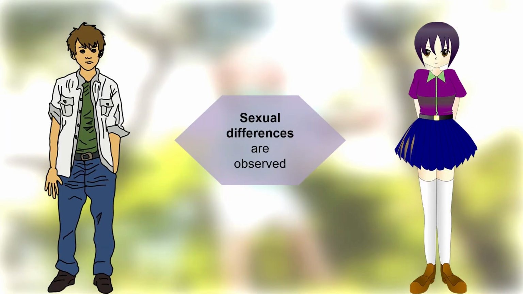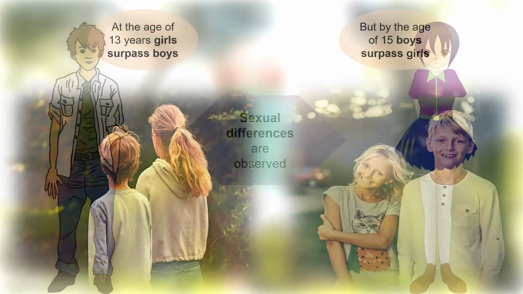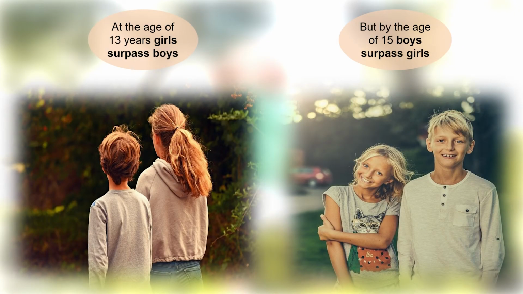Females will start their menstruation period, which is the main process in the case of girls, and that is called the pubertal stage, puberty. In the case of males, similar processes happen, that is, male sexual organs grow. The adolescence stage will show clear sexual differences between males and females, and at the age of 13 years girls surpass boys, meaning fast growth will be there, and at the age of 15